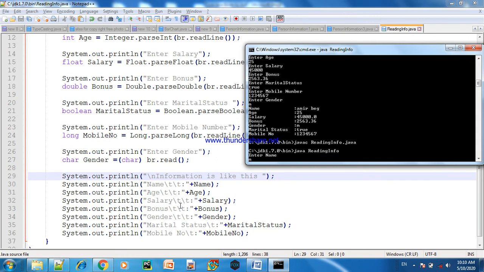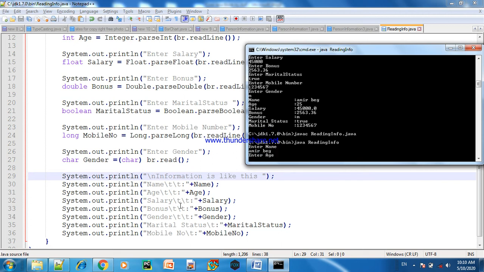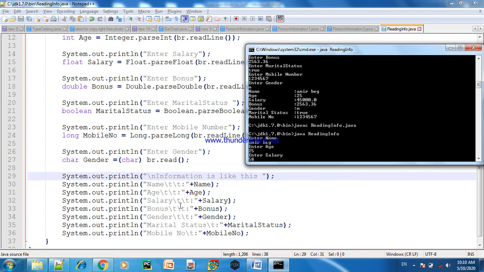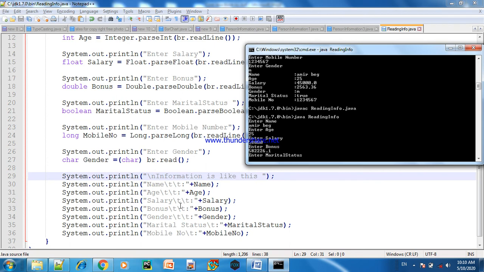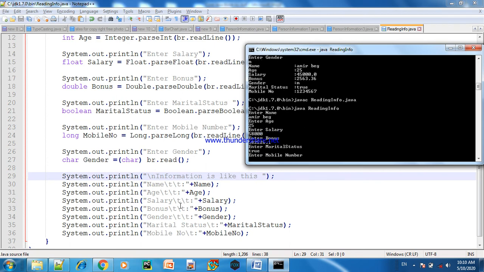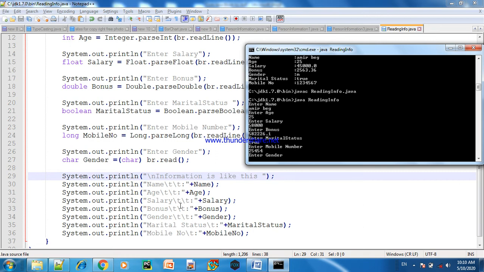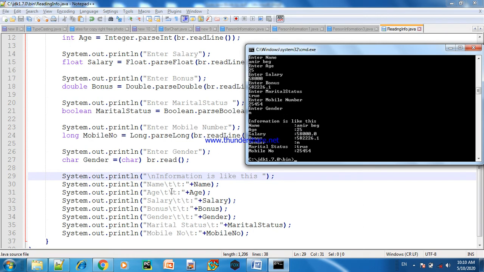Name, from the up arrow key we can write like this: Amir Beg, 25, 58, bonus, marital status true, mobile number and gender. You can look here, information along with message.